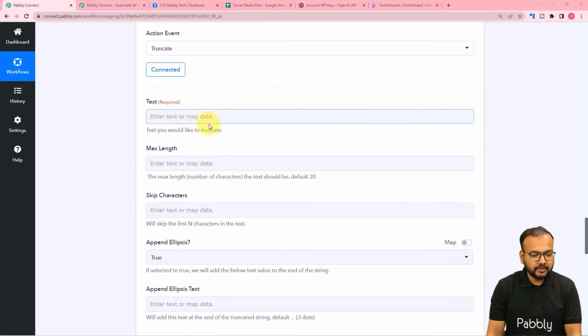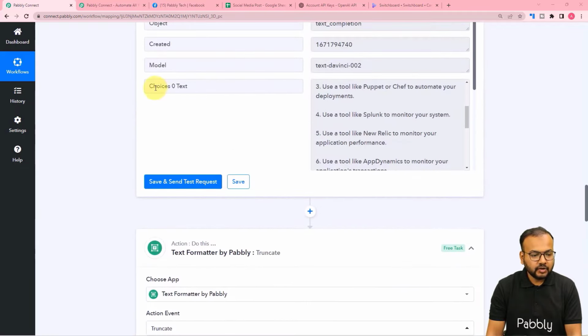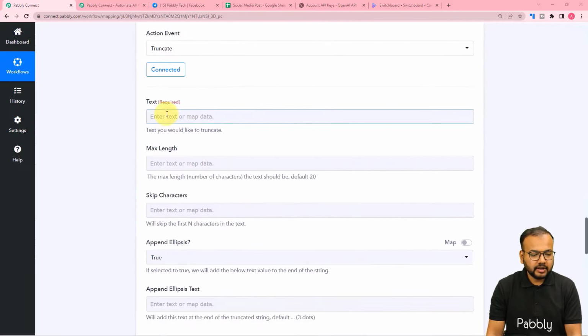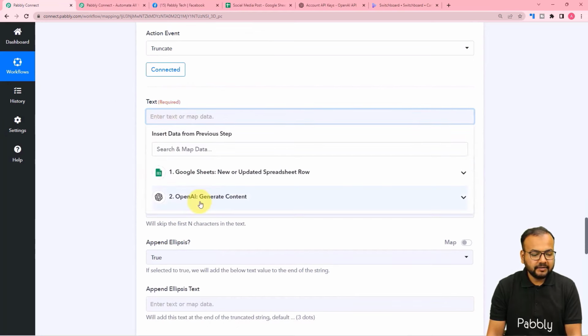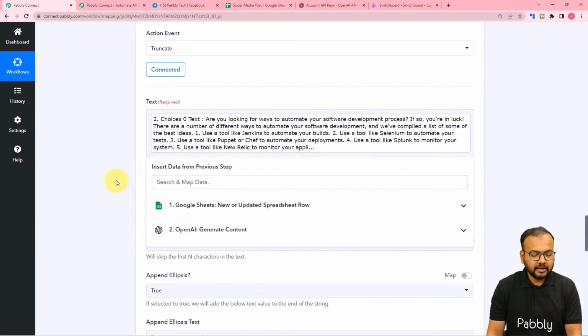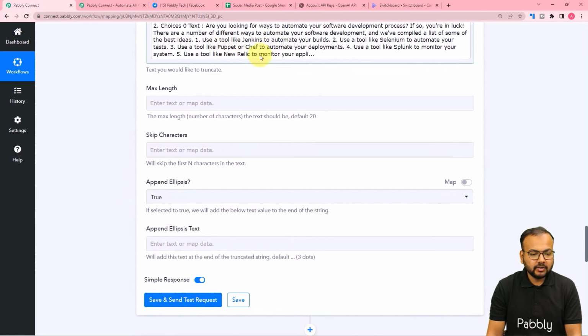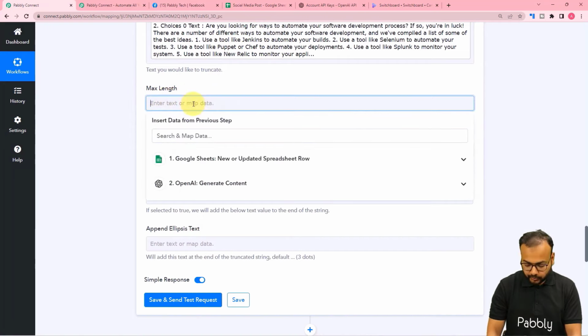So in this text label, I am going to map this choices 0 text label. Okay, so here just click on this text field, and from this previous step map this label. Okay, and I want to cut this whole text shorter to 100 words. So here it is asking what maximum length you want, so I'm going to put 100,